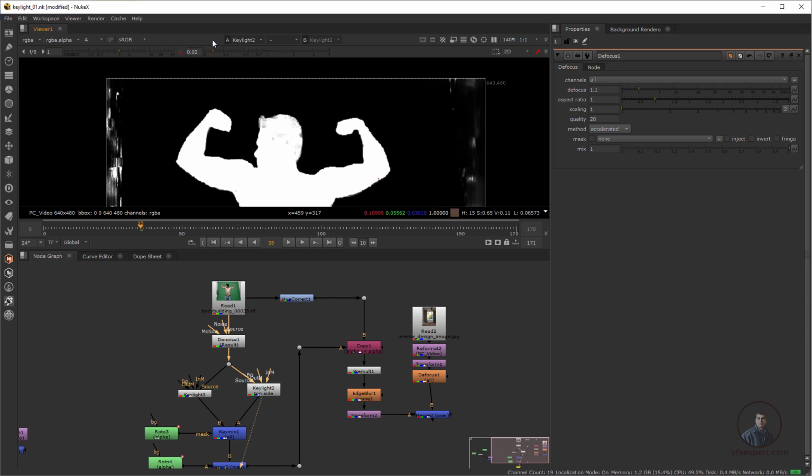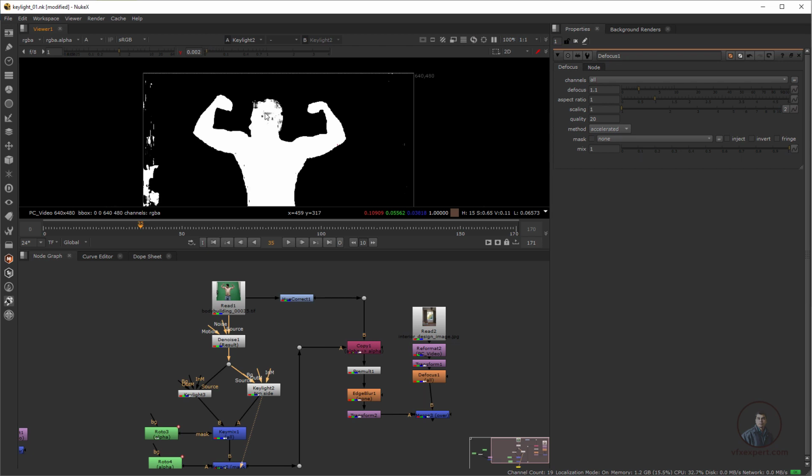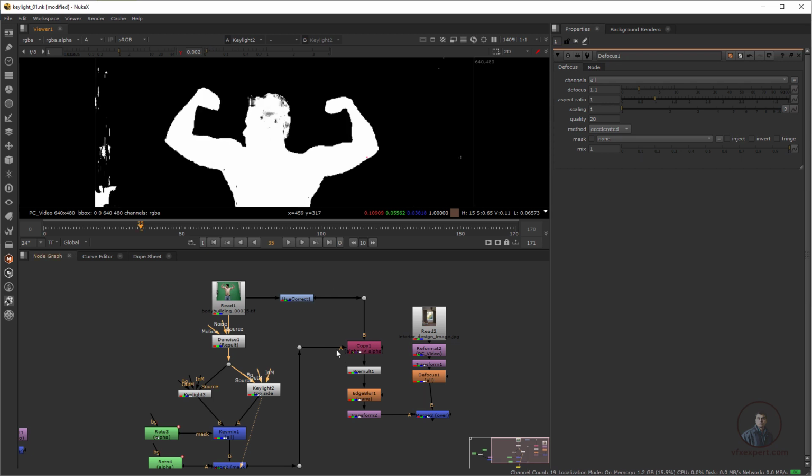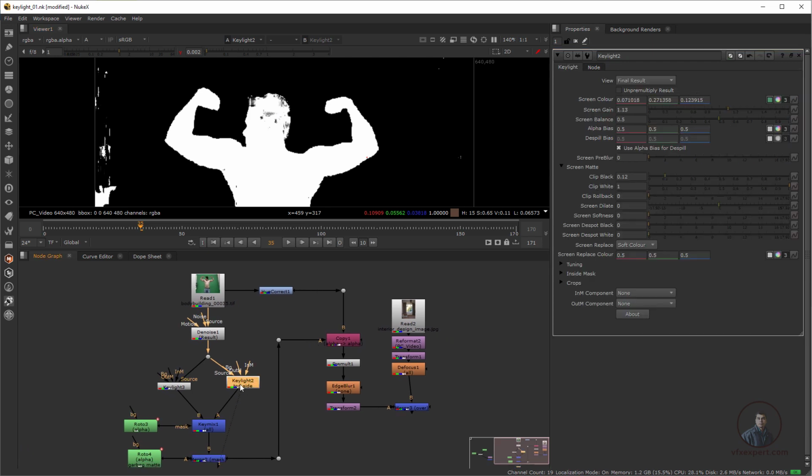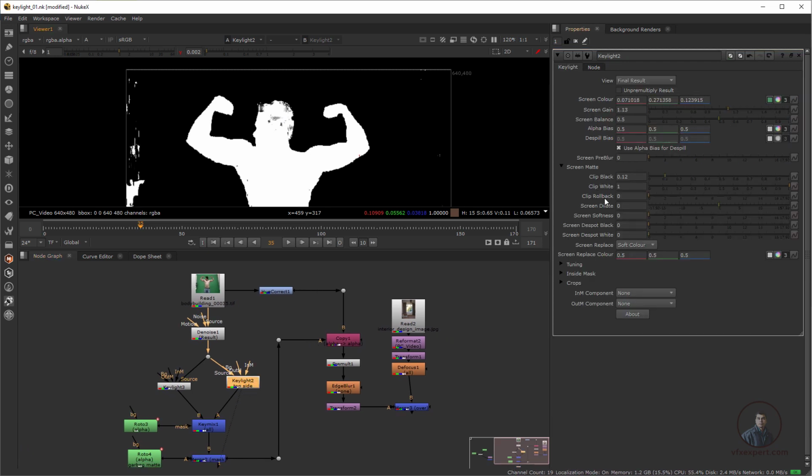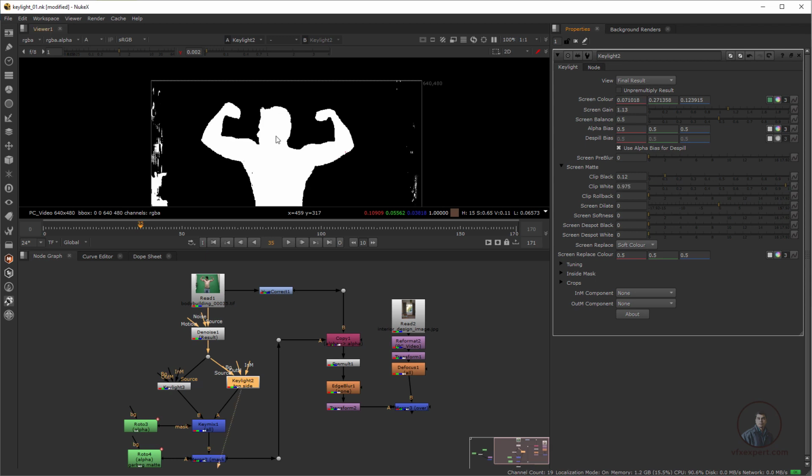Maybe you can see these problems here, so we have to fix this. How can we fix it? Double click on the key light and adjust the white value if you want. Let me adjust it here. Now you can see you have recovered all the details.